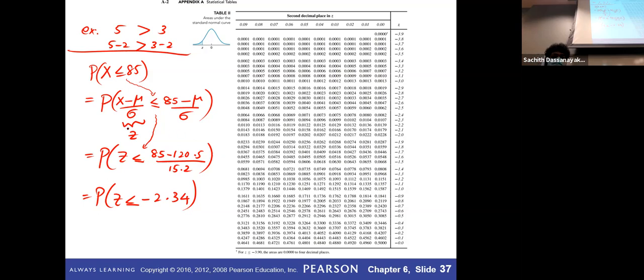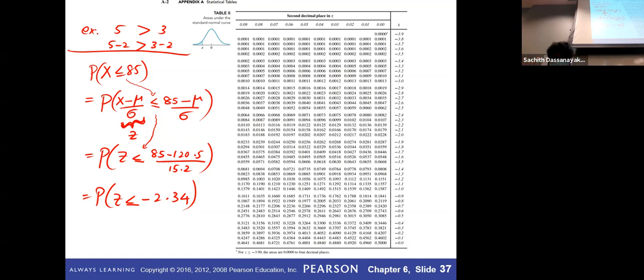Why do I use C? Because I use this standardization here. For this place, you don't need values for mu and sigma. Just use mu and sigma, and replace it by C. Okay. Don't flip the inequality. I mean, don't flip this less than or equal or greater than or equal sign. Keep it as it is. Clear? So you can use the same thing for the in between case as well.